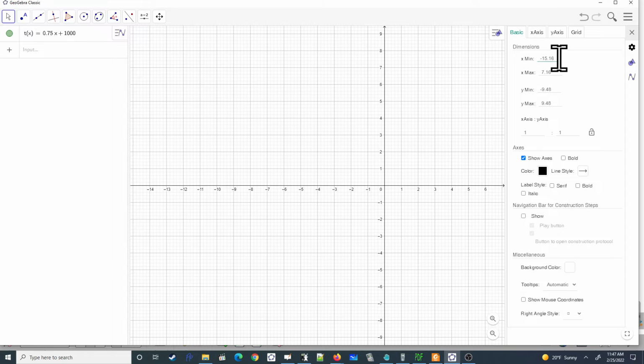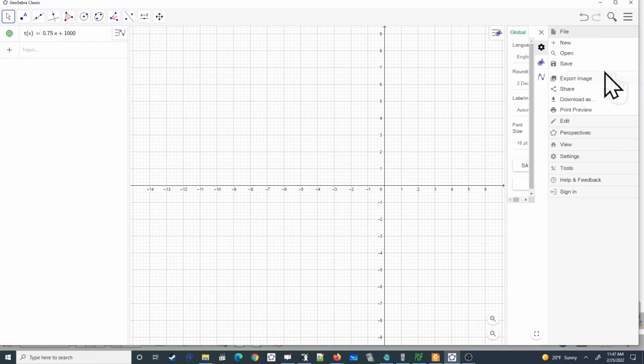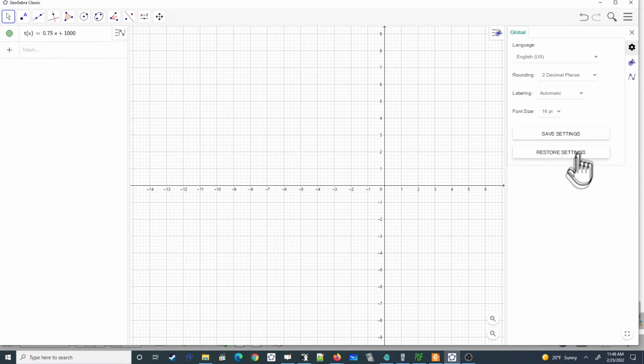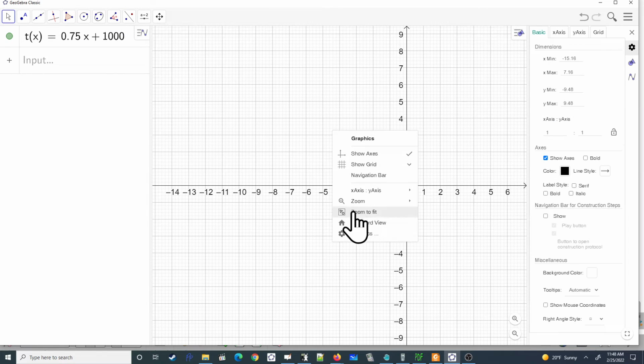I'm going to ask you for your x, which is right now our seconds. Realize we're not going to go into negative seconds. I'm going to ask you to use a few negative seconds, but only so that we can have the numbers off to the side a little bit. So why don't you go ahead, and by the way, I do realize this is going to be hard for some of you to see, so if you want to click over here to the menu, you can change your settings so that I can use a larger font. So I'm going to click on settings, graphics,